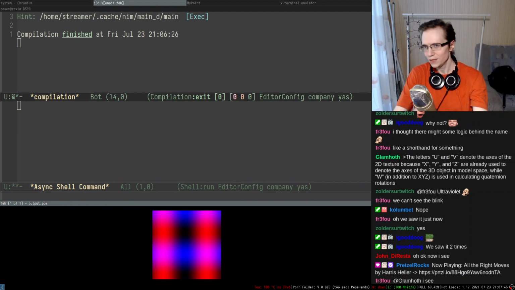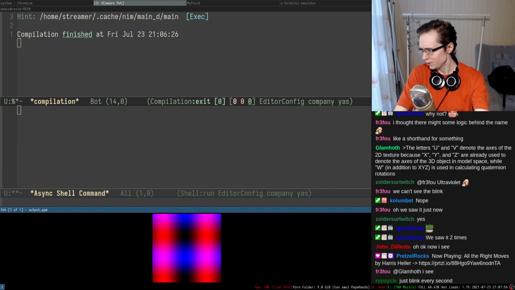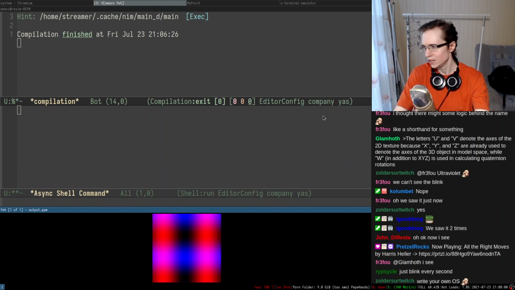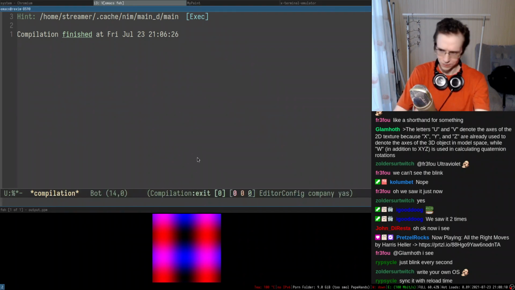It would be nice to have this kind of thing on this bar. But unfortunately, we don't really have that much space in here. If I'm going to put it in here, this is how much chat we're going to have. So I'm not sure if I'm going to do that. But at the same time, this is too much space in here. Yeah, maybe it's fine. I don't know. We'll see.